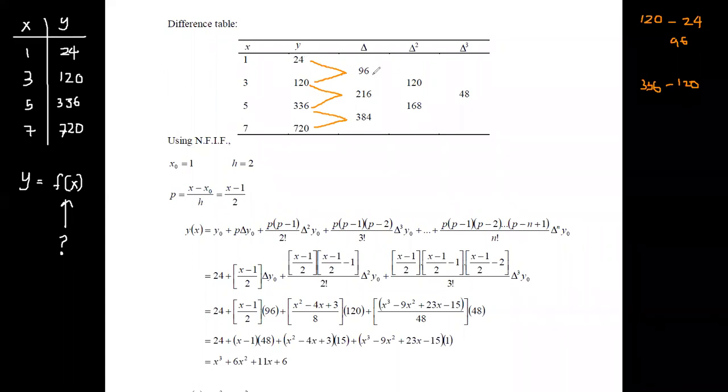Now you can see in the third column, this is the first difference that you have obtained, and then you can use these values to obtain the second difference. Likewise, you can obtain the values for the second difference, which are 120 and 160. Then you can consider these two values to obtain the third difference. The notations that we can use for the first, second, and third differences are delta, delta 2, and delta 3.